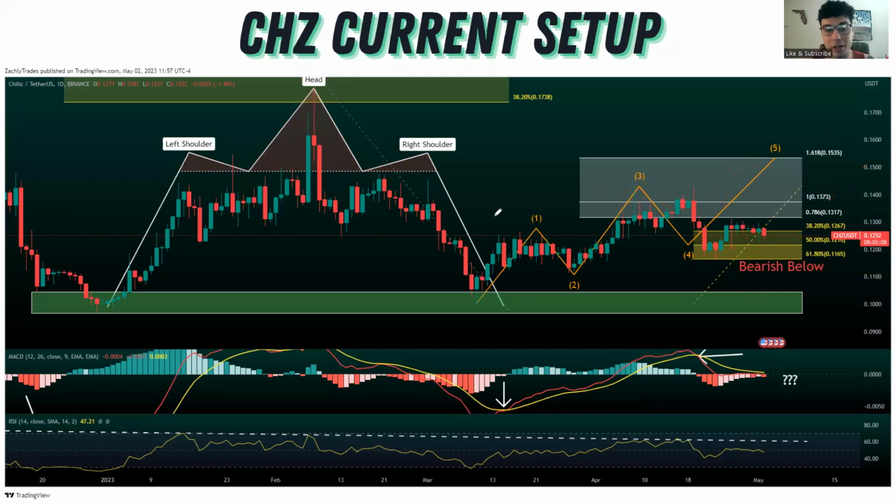If you're not familiar, markets tend to move in 3-wave and 5-wave structures, right? So if you take a look over here, for instance, we got a 1, 2, 3 up, and then we got a 1, 2, 3 down, and we've had a 1, 2, 3, 4, and we're going to look to see if this is a 1, 2, 3, 4, 5, or if this is going to be how it was last time over here,